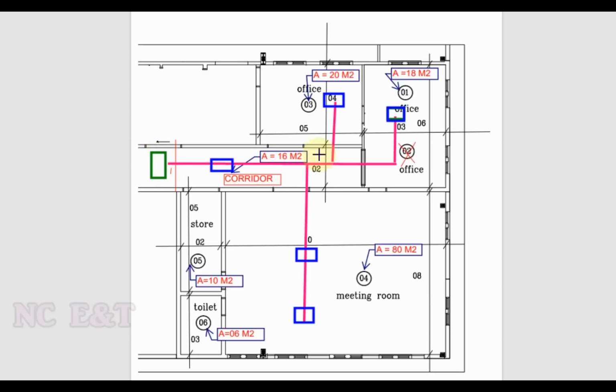We will make one branch to office 3, one branch to office 1, one branch to office 4, and we can put the air terminal, diffuser and grill as per the requirement after calculation, after designing of the duct. And we can use CAV for the distribution of air as per the requirement controlled by the thermostat. This is only for indication of how we will apply this after designing the heat load calculation.